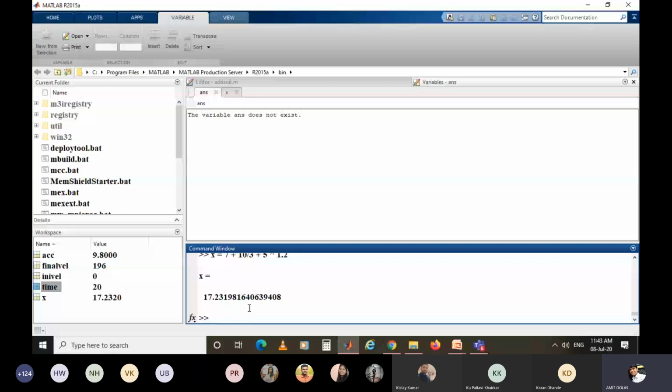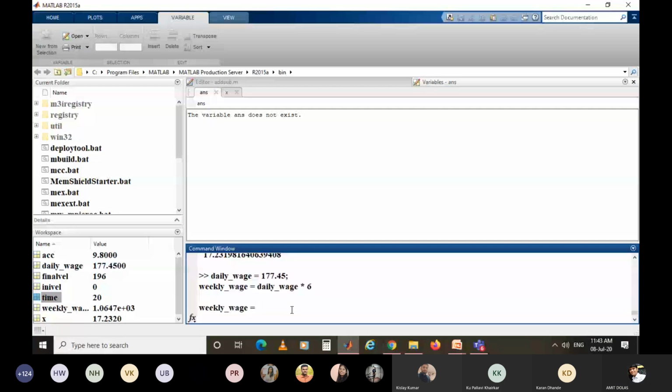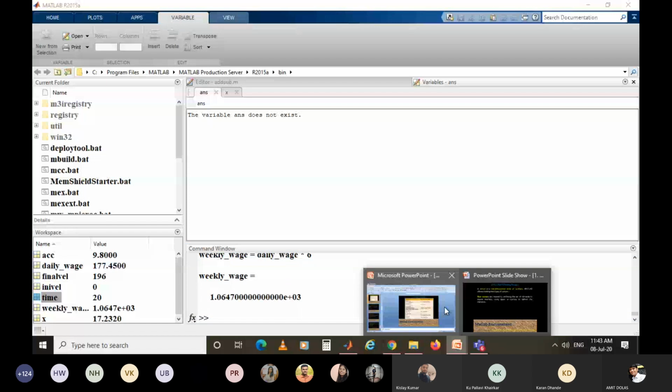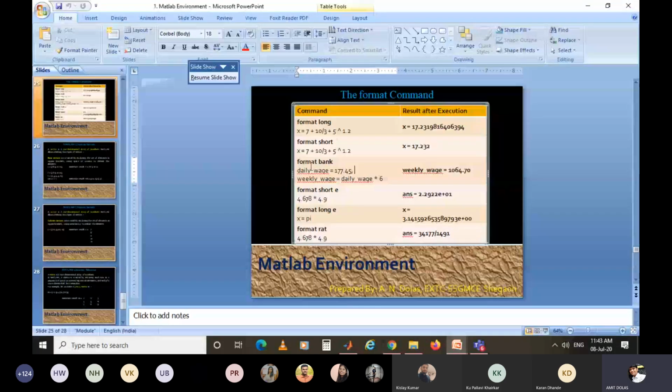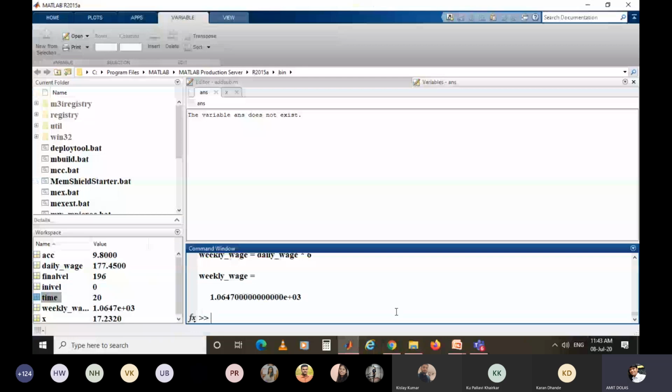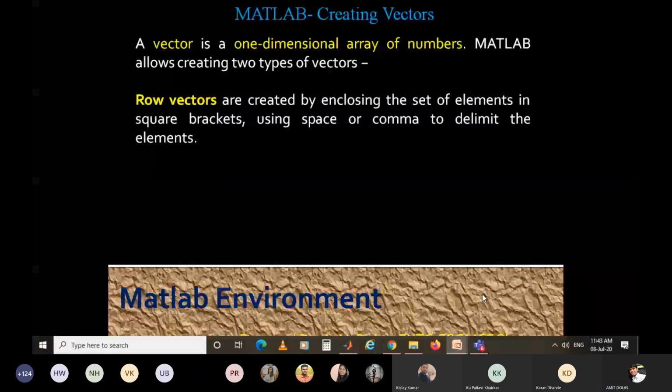So I will paste it here. Semicolon must be there. One by one, first I have to write format bank.